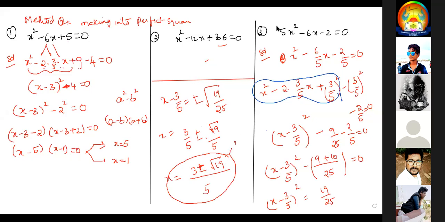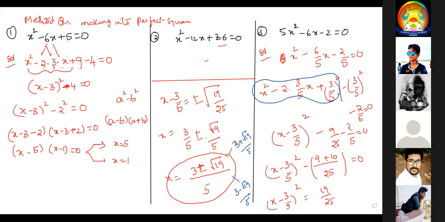I'm writing the roots here if you want to see. The first one is (3 plus root 19) by 5. The next one is (3 minus root 19) by 5. These are the 2 roots. But these roots you cannot calculate using factorization. How can we assume them? Impossible. So to overcome that defect in the factorization, they introduced one more method called the perfect square method. That's what you can copy. Please keep the heading called method 2.